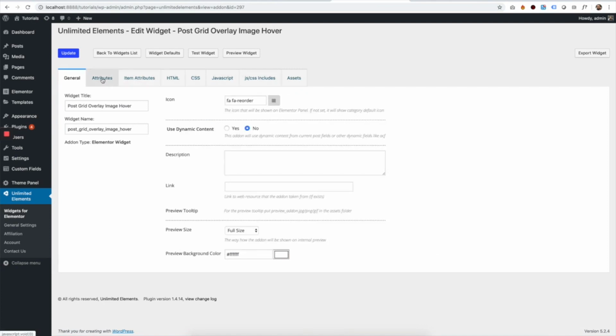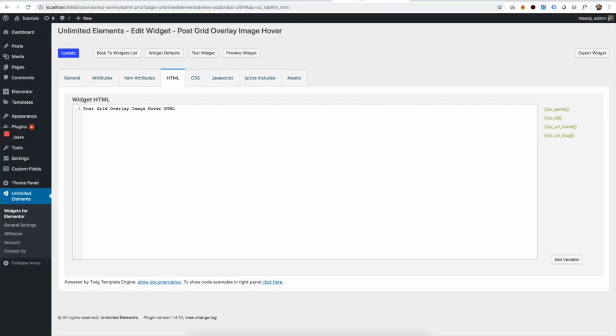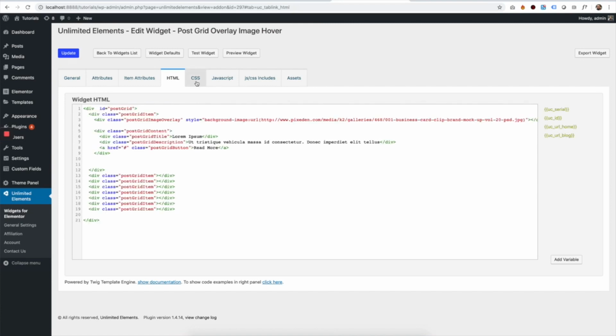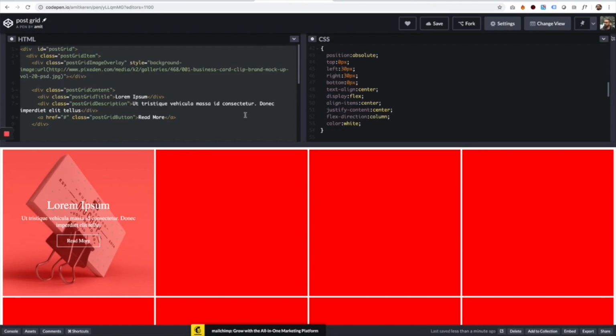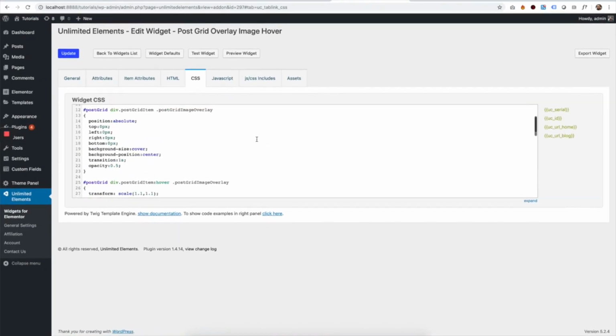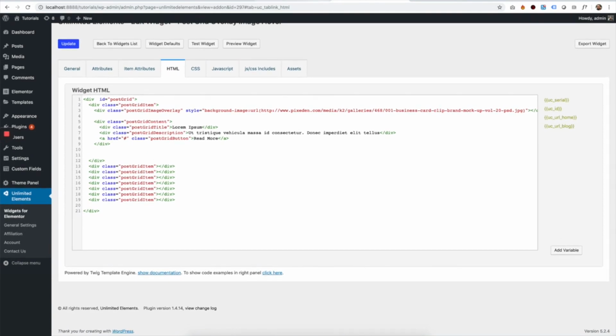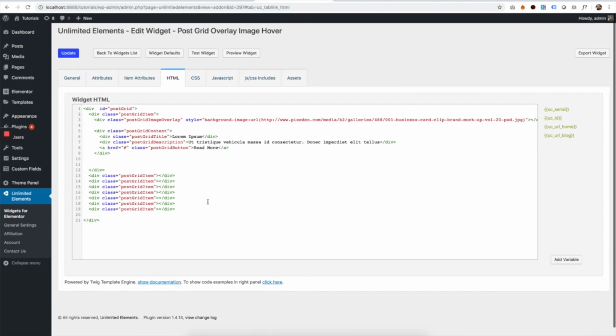And let's go into HTML. Copy the HTML. Go into CSS and copy the CSS. So at this stage, we are finished with our CodePen, and we can close it. We don't need it anymore. Next part